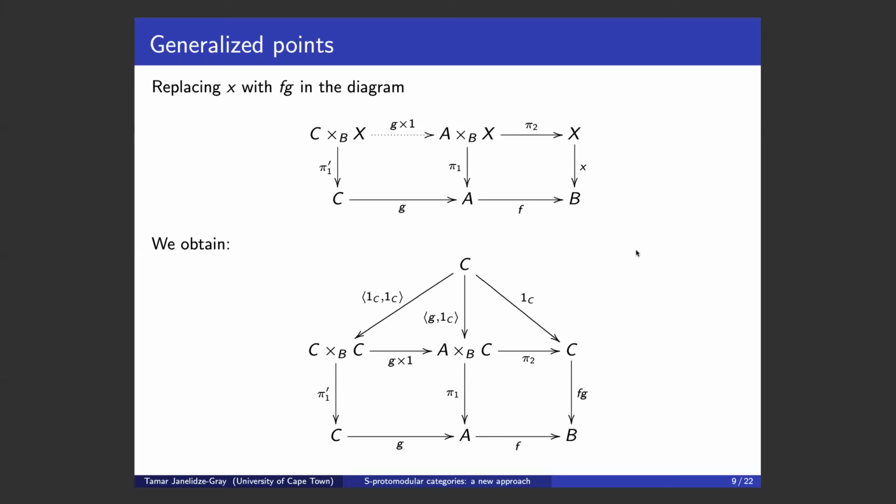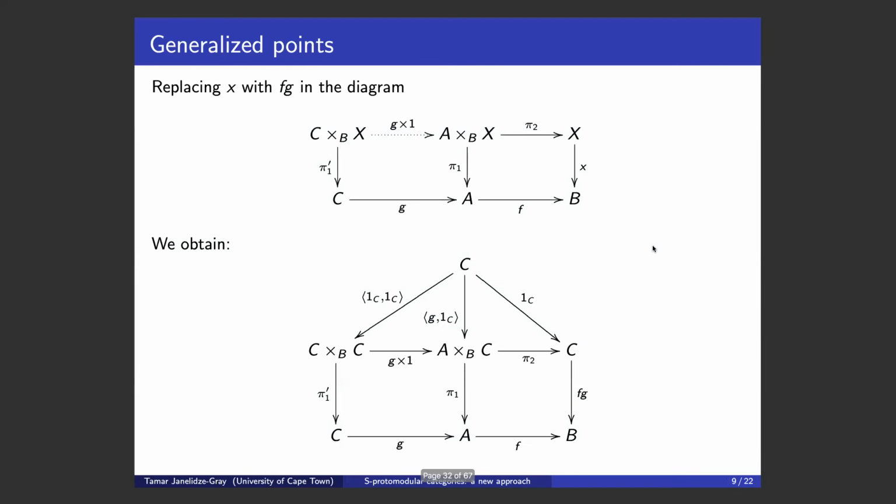Similarly, the composite pi2 g cross 1 is also a split epimorphism, for the same reason. We take C and go into C with the identity, and then we can go all the way from C down into here with an identity. Because the outer rectangle is a pullback, that gives us the induced morphism from C to here, which makes this big triangle commutative, which means exactly that pi2 g cross 1 composed with this gives us the identity. So if we replace x with the composite fg, at the top pi2 is a split epimorphism, and the composite pi2 g cross 1 is also a split epimorphism.